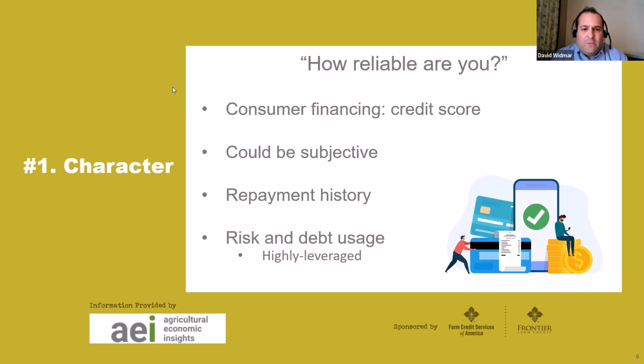And the final piece that's really important to consider is just what's your appetite, what's your risk profile towards using debt? Are you highly leveraged? Is it common for you to have a lot of leverage in your operation? Or maybe did you work your debt lower over time and then save that up and make big purchases? So this is all part of that story, and this all helps summarize what that first C of character is. I'm going to jump back to Tara at this point and ask the first question I have,